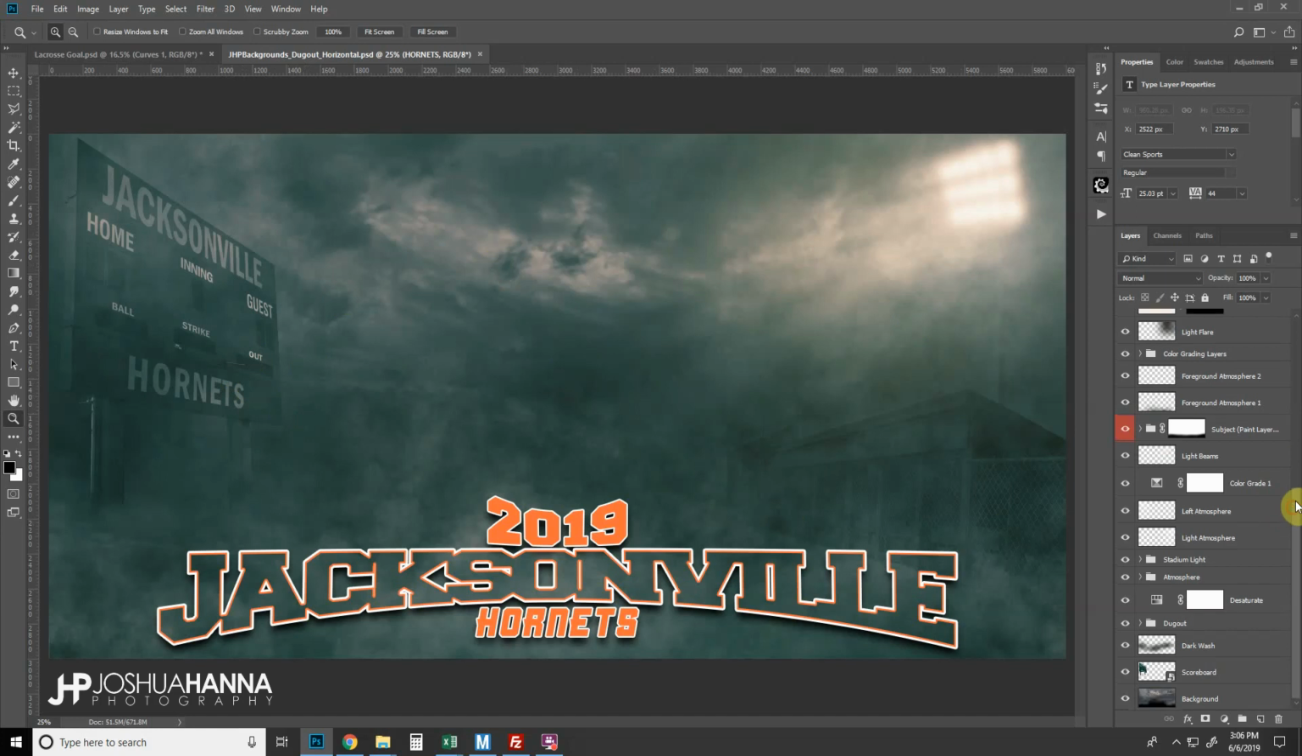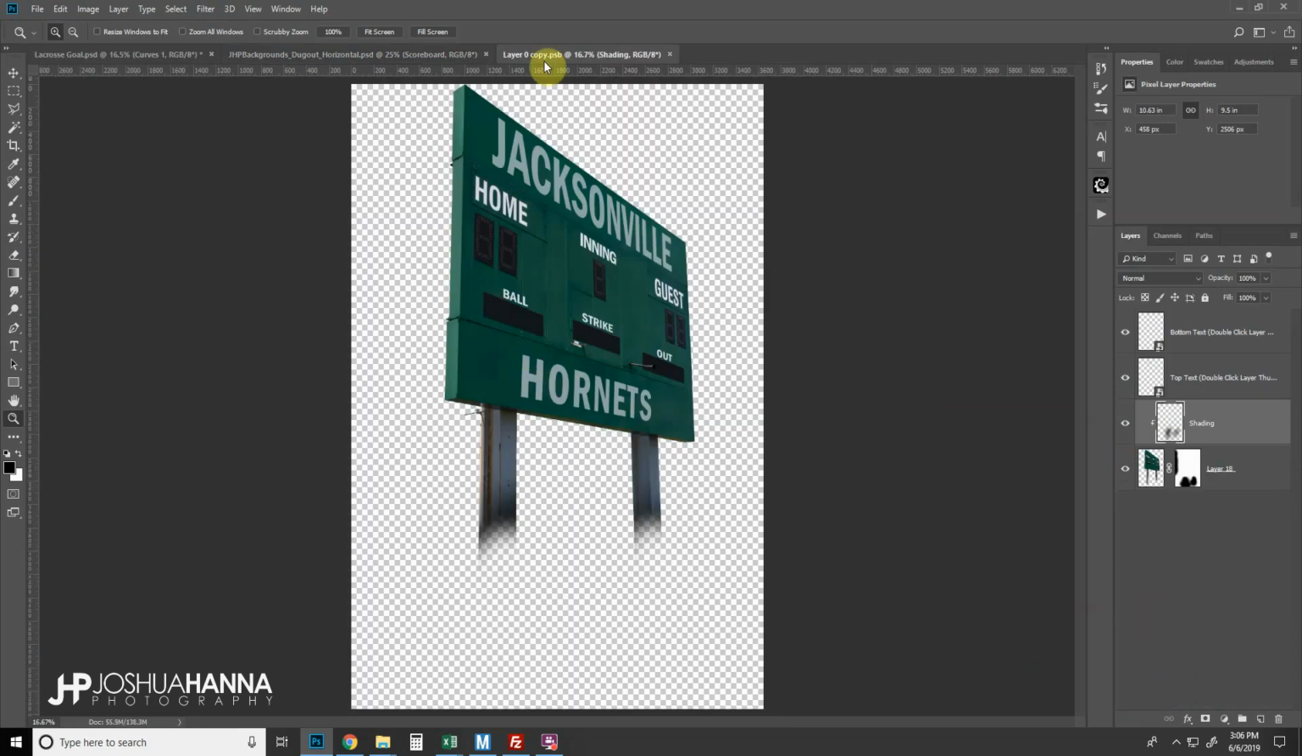What we want to do in our layer stack, we're going to scroll down near the bottom here, and we're going to look at the scoreboard layer. If you take a look at this, we're going to see that this is a smart object, and you can tell because of this little layer icon that's on the thumbnail. So what we want to do to edit this text is we actually need to dive into this scoreboard here. So we're going to double click on this layer thumbnail, and it's going to open up a new document with